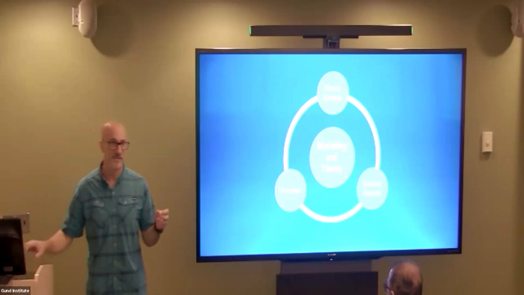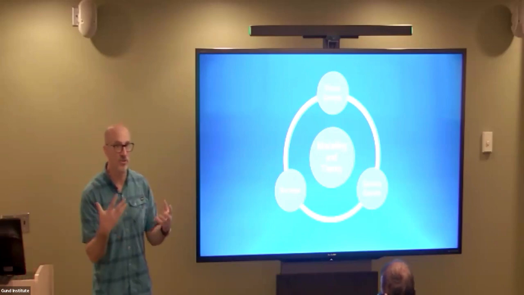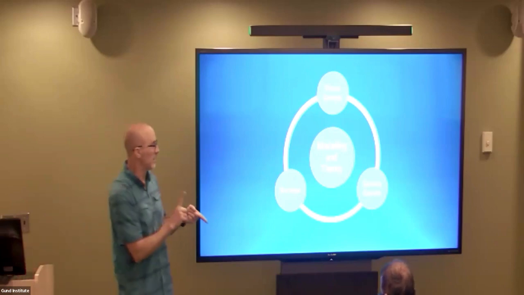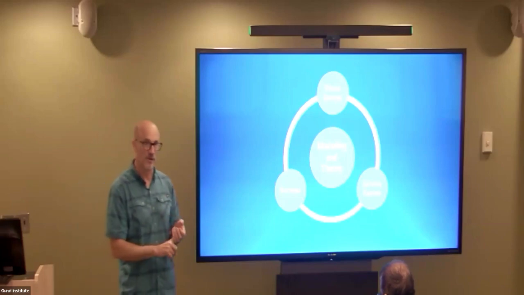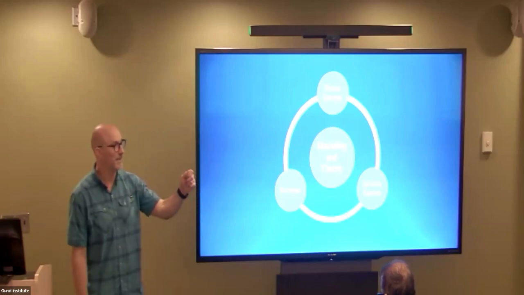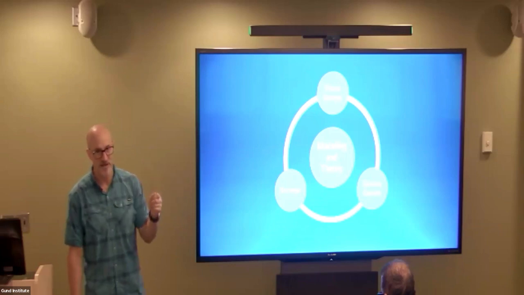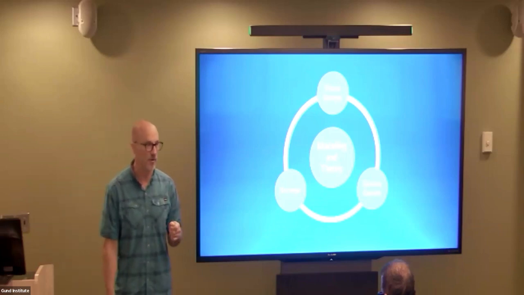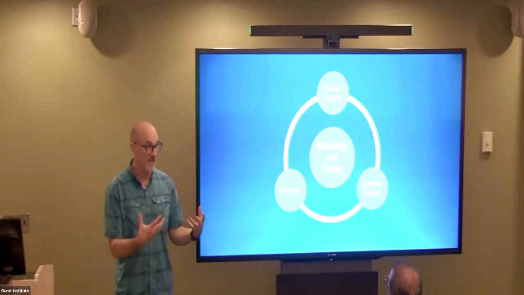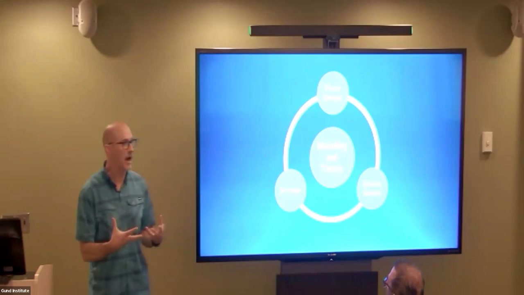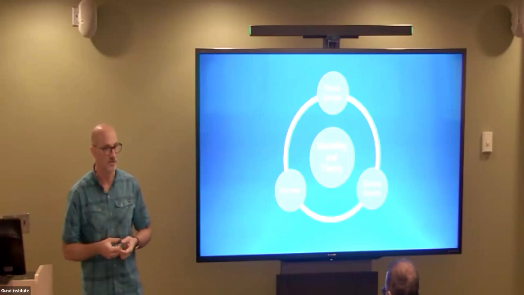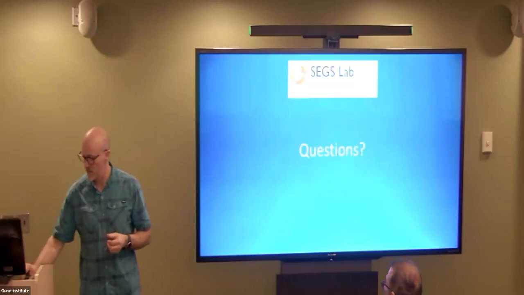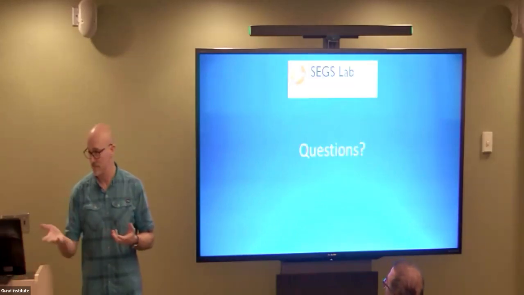So with this methodology grouping, where we have the surveys and the serious games and focus groups and interviews, and putting them in with modeling and theory, it gives us a really powerful set of tools to try to understand how human behaviors influence these different social ecological systems. And that is